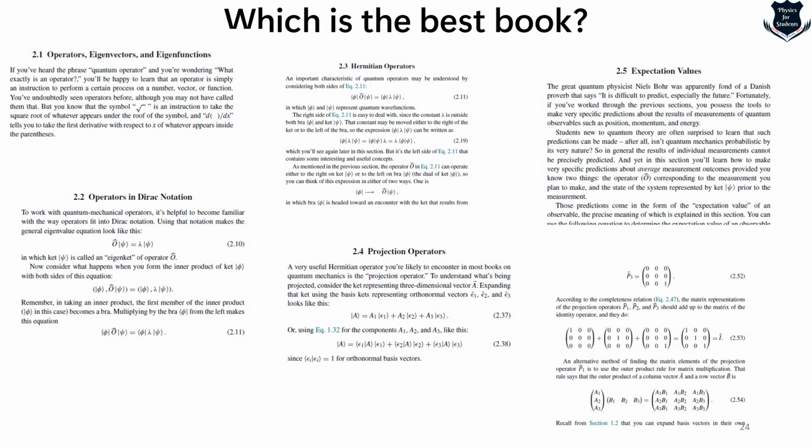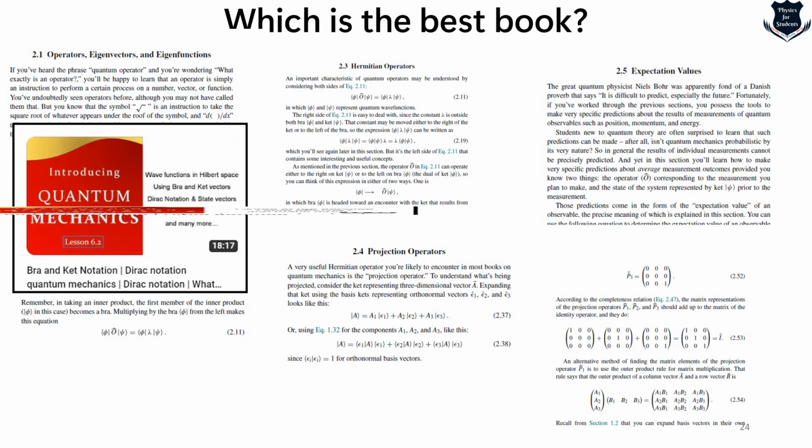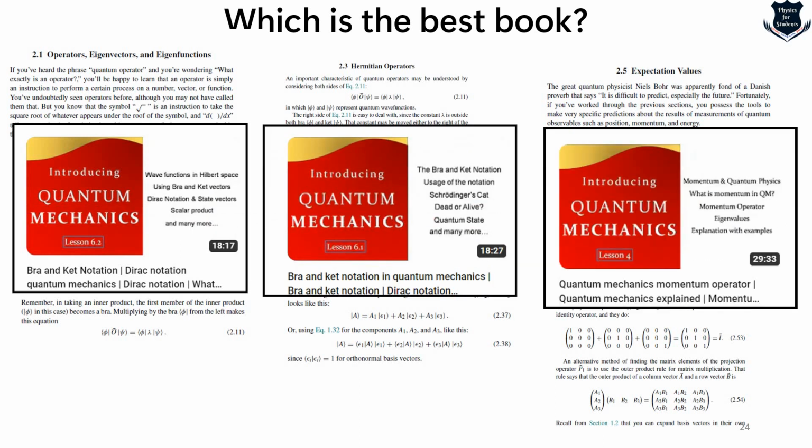are being done. Now, if you're wondering about this book and you are a YouTube learner who wants to learn through videos, here are my quick recommendations of my own videos. Here you can see I've made 1, 2, 3. These are the videos just made on the bra and the ket notation, expanding more on the bra part, then on the ket part, the Dirac notation, Schrodinger's cat, quantum spin, and many other things. Eigenvalues and eigenvectors are also being covered.